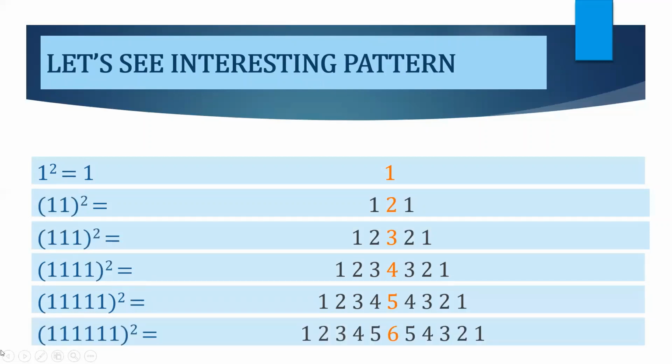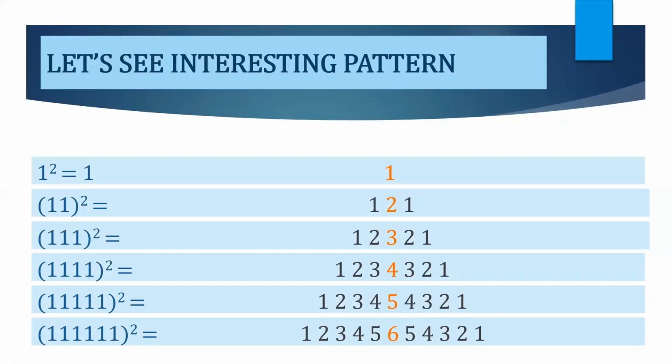One more time. I have 1,11,111. So what I'll do is, we have the total number of ones: 1, 2, 3, 4, 5, and 6. So I'll write 6 first in the center, then the previous number, that is 5, then 4, then 3, then 2, and then 1 on both sides respectively. And so the square of 1,11,111 is equal to 1, 2, 3, 4, 5, 6, 5, 4, 3, 2, 1.